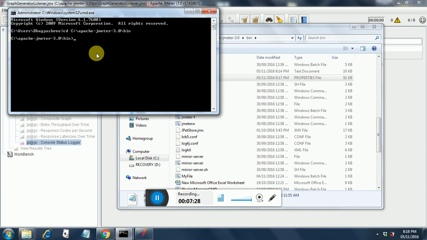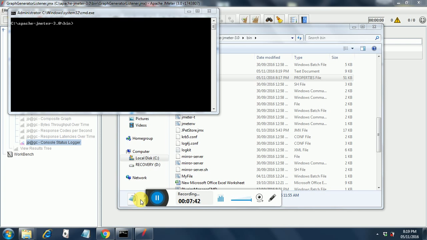And now I type the same batch file name. Okay, now I am going to run my batch file,